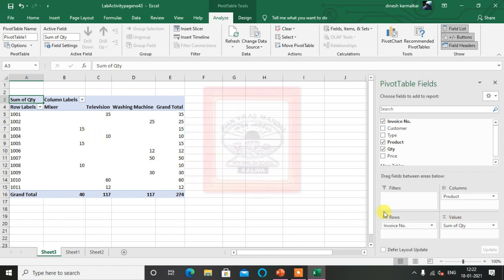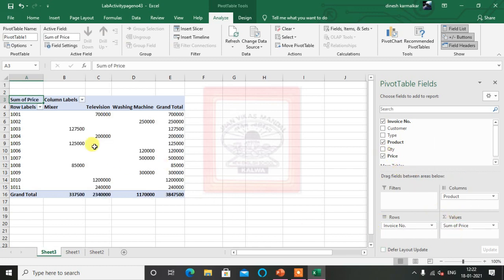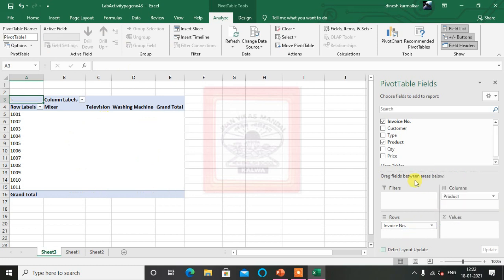So this is called a pivot table, made with invoice number for the row and product given here. So for 101 the product is television, quantity is 35. For 102 the product is washing machine and quantity is 25. You can see very clearly from this. Same thing, if I remove this and put price here, I will get the price. Now 101 television, you are getting the price. And if you remove price and put quantity, we get quantity for this. So anyway you can see this. I'll put price again here.